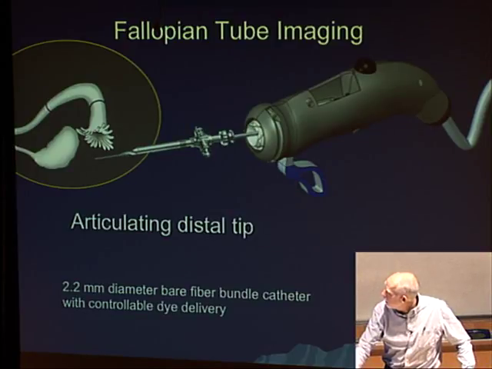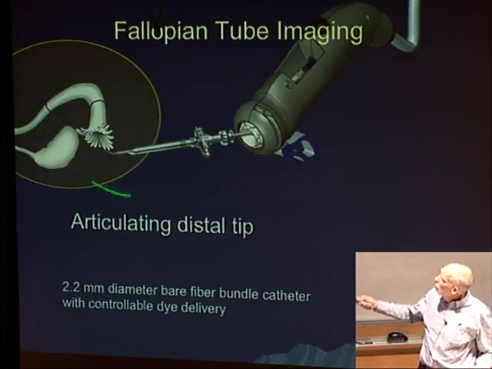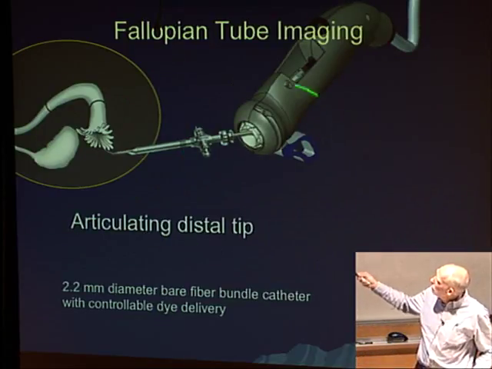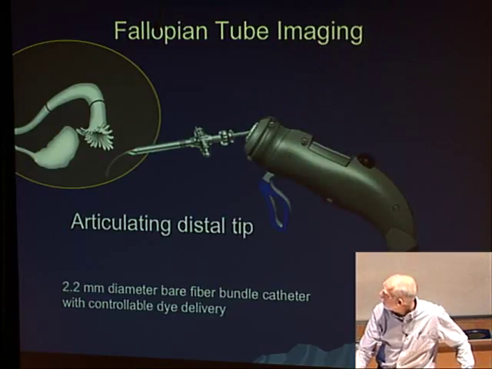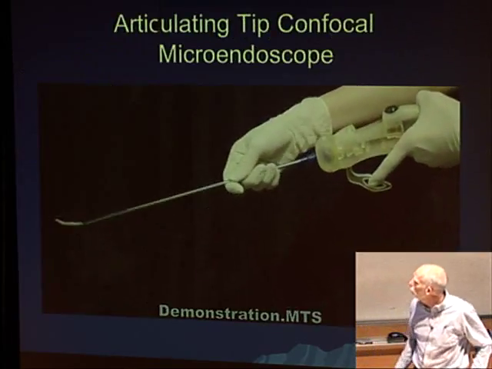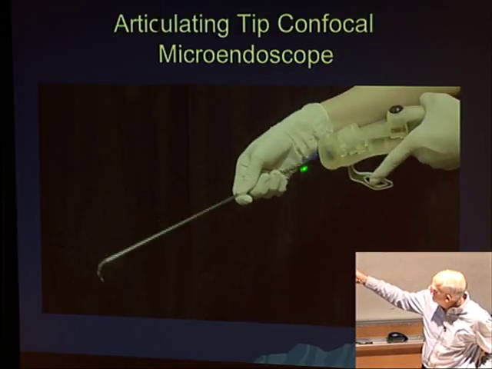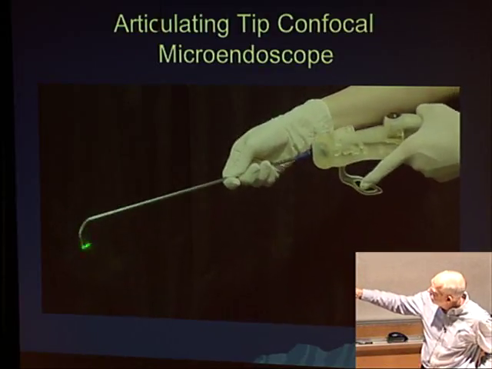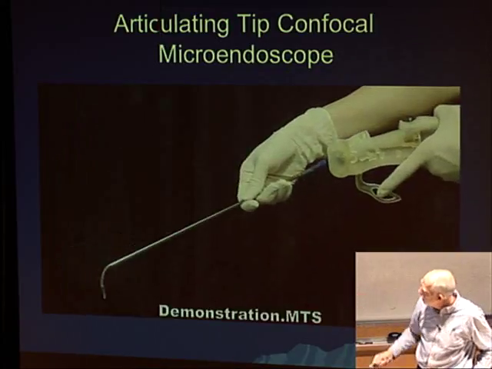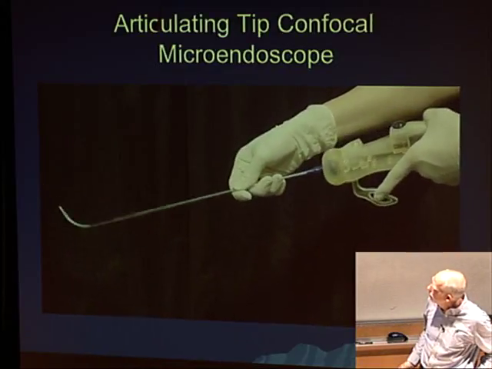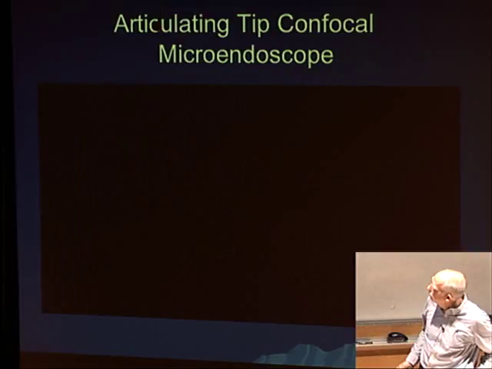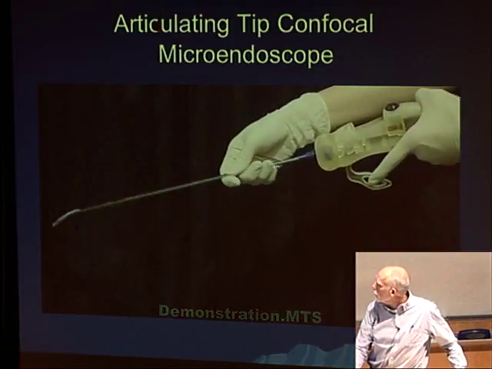So she's been working on, again, this is the work of Xiaoyu Wu, a fallopian tube flexible articulated tip system. So by tipping the handle relative to this rigid part, it will tip the thing back and forth. And maybe it's a little easier to see in this movie. So she's manipulating the position of this relative to the handle, and you can see the end is articulating in different directions. And at the end, you'll see she locks it into place. So if you're visualizing, you get it oriented where you can get into the fallopian tube, lock it into place, and then be able to insert it forward into the fallopian tube.